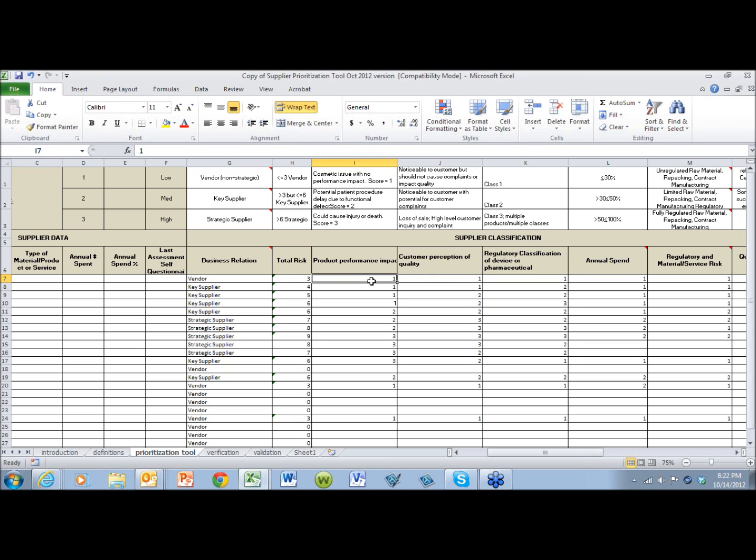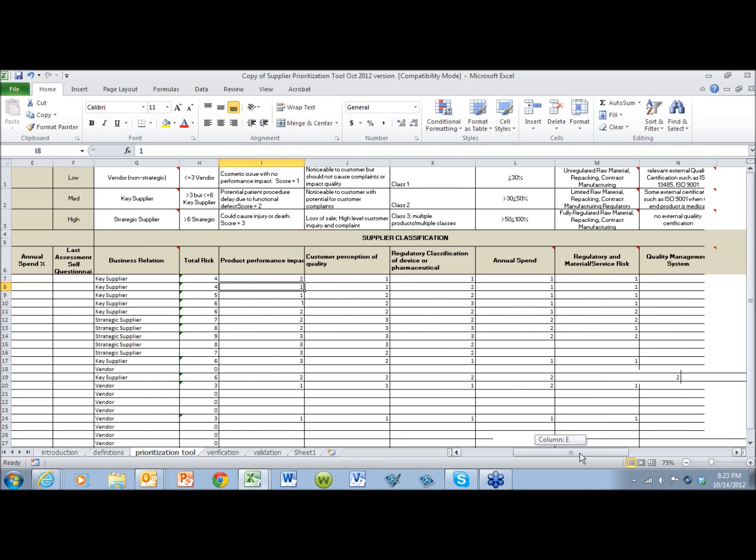So the way this would work is if we were to change, and let's say we were evaluating a supplier here where the product performance had a potential impact on a procedure or a delay. So we're going to classify that now as a 2, and when we do that, you'll note that this supplier has now changed from being just a vendor to a key supplier. There's more criticality to the actual management of the supplier itself. So that's the first part of the tool that helps you to determine